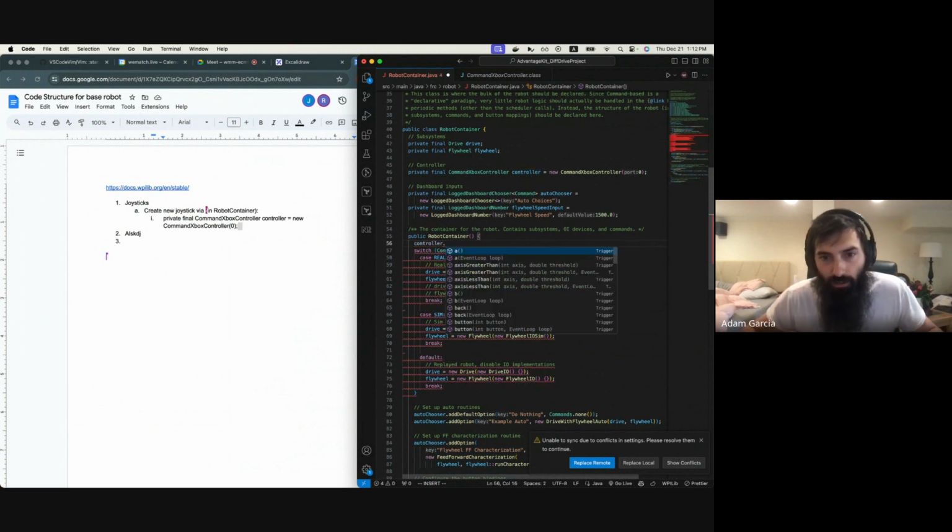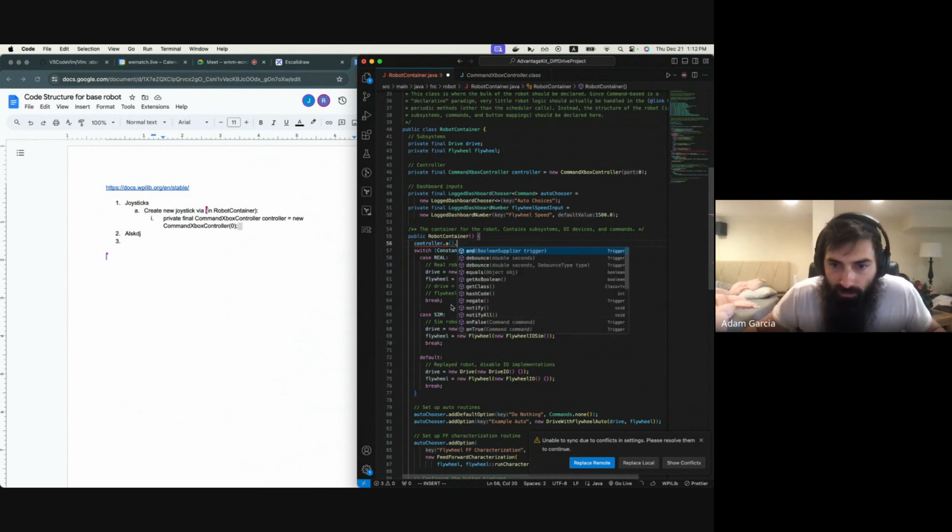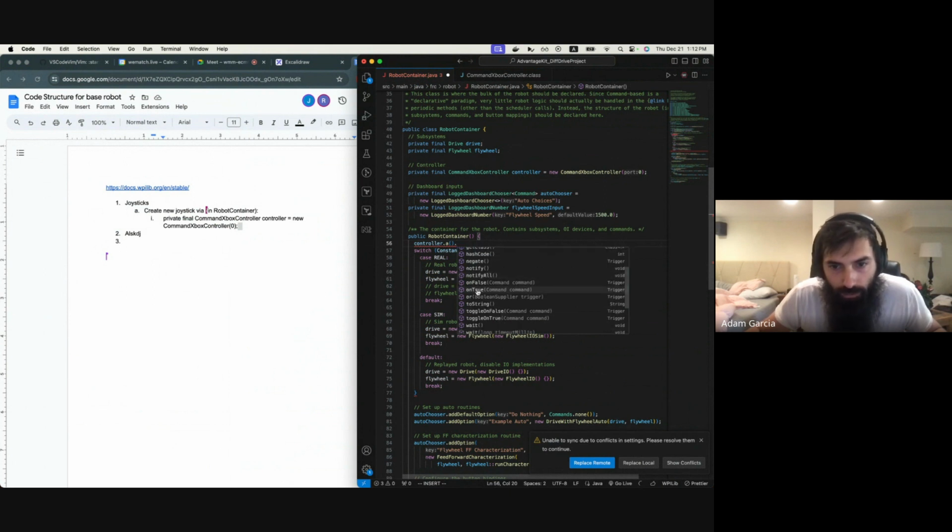If you want to do something with the button, let's say when you click the A button, you can do that. Look at what you have available to it. You have on true, on false. So that's like saying when you press the button, you know